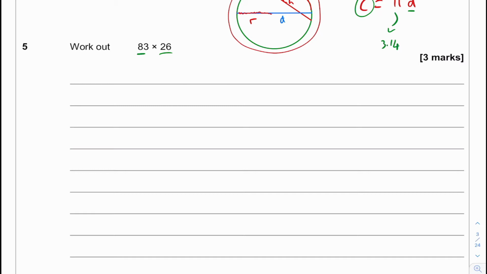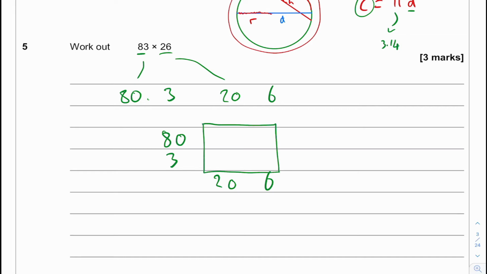An easy way to do this, I find, it may take slightly longer than just doing this calculation straight away. But what I like to do is we can break 83 down into 80, and then we've got a 3 as well, and we can break 26 down to 20 and then 6. So we make a little table, we put 80, 3, and then we put our 20 and 6. We can then draw a box like so,